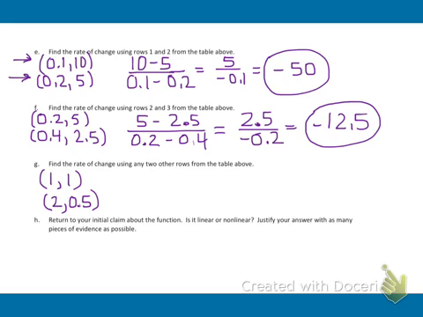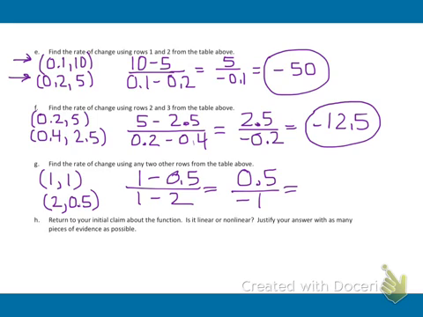And so we already know this is nonlinear, right? So let's do one more. We've got 1 minus 0.5 over 1 minus 2. So this is 1/2 over -1. So that's negative 0.5. Okay, so once again,